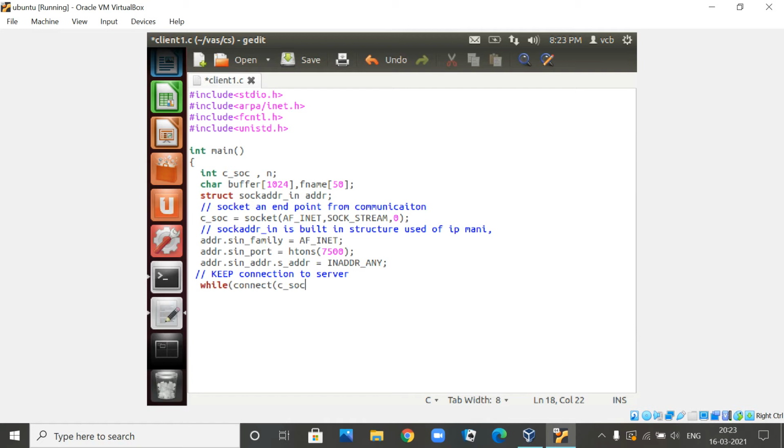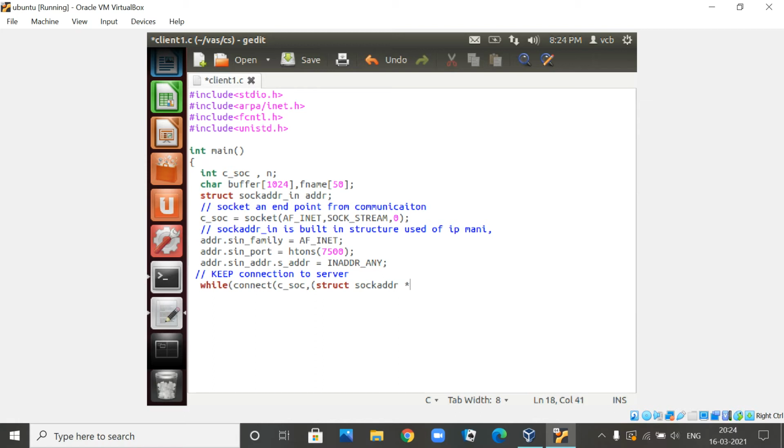So you have created a client socket, C underscore socket, comma, then you have to give the address, because you have to connect. So you have to pass all these things: the address, the port number, and the internet family. Now to do that, we are going to pass that structure. So what is the structure we have used? SOCKADDR. Since it is a structure and it has so many members, we pass the address, that is, we try to pass the pointer.